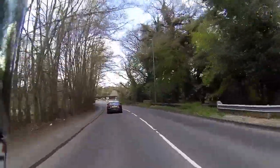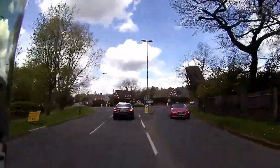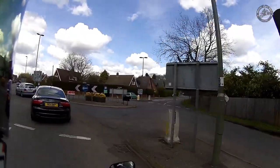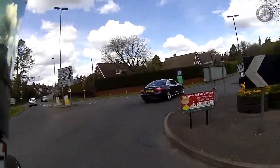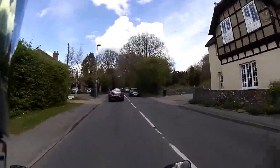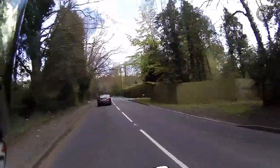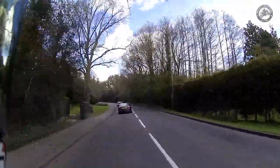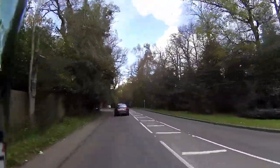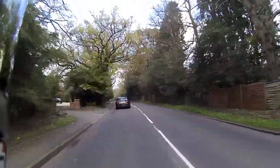Actually, the one accident I have had on a motorcycle was on my 125, not on this, and that was down to inexperience. But why do I say that I don't think this has got too much poke? If you think of the old CBR650F, which this replaced, it had something like 90 or 100 horsepower, so it had a bit more go to it. So they've reduced the horsepower, but I think, as I said in my previous video, they've